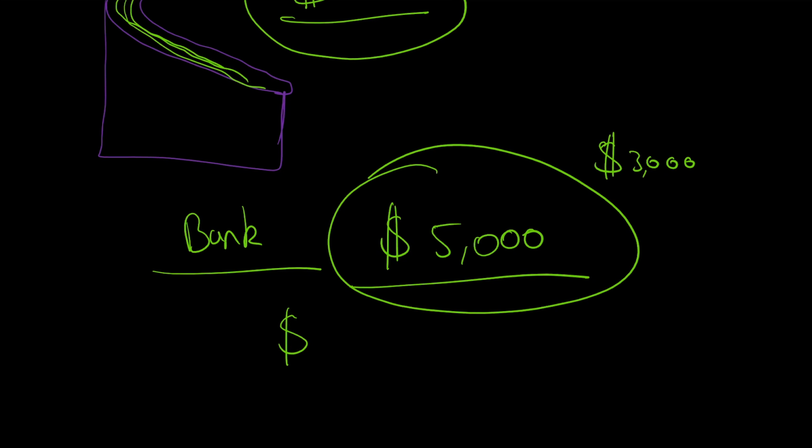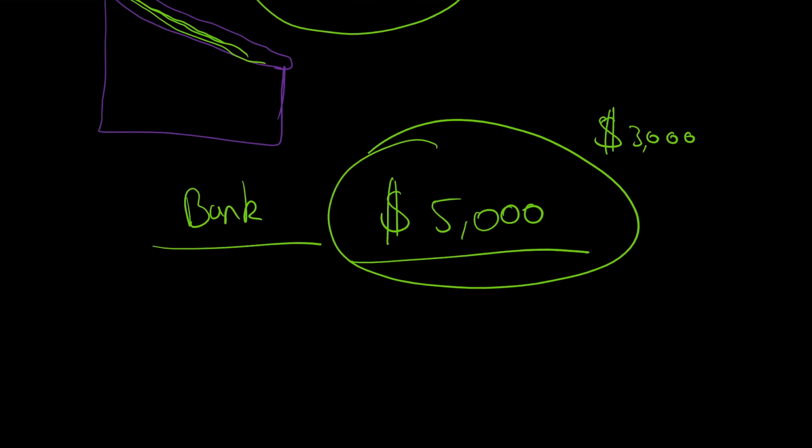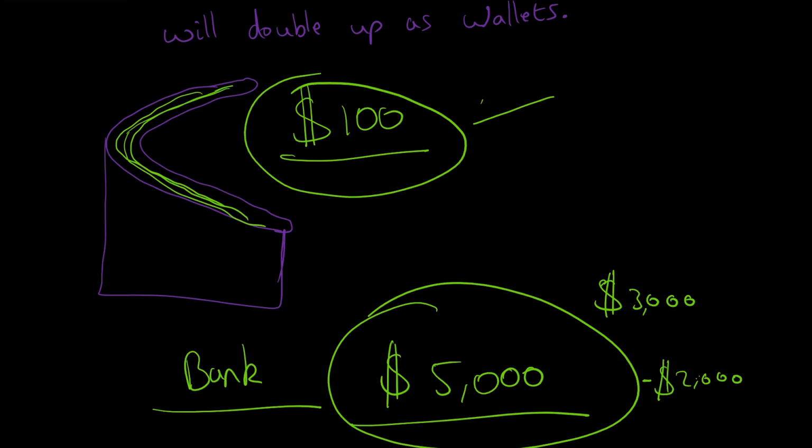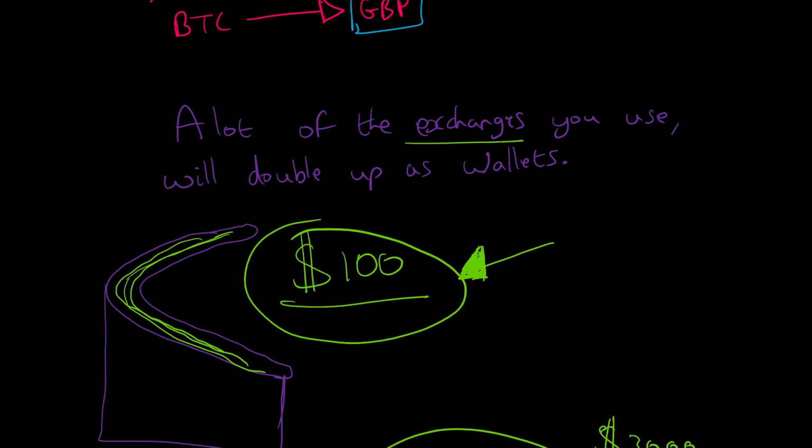Sorry, no, you would lose. Oh yeah, that is correct. So you would lose $2,000 out of the 5,000. So in this scenario, you would lose 40% of your money in the bank, whereas this $100 note or whatever you had in your physical wallet would still remain. Again, like I said, this will not get affected. So this is the common functionality, or the common aspect that wallets that are part of exchanges have.